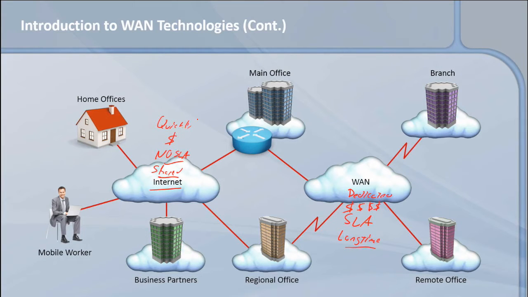So if we need to connect two devices together, maybe a mobile worker and the main office, we could just do an IPsec VPN across the internet. It's quick, it's cheap, it's easy, but again, there's no SLA. If you're running a shop that's 24/7, 365, and you absolutely cannot tolerate downtime, and you need a specific level of service, and it needs to be guaranteed, this is where I could get a dedicated WAN circuit from a service provider, and I could connect the two offices together.